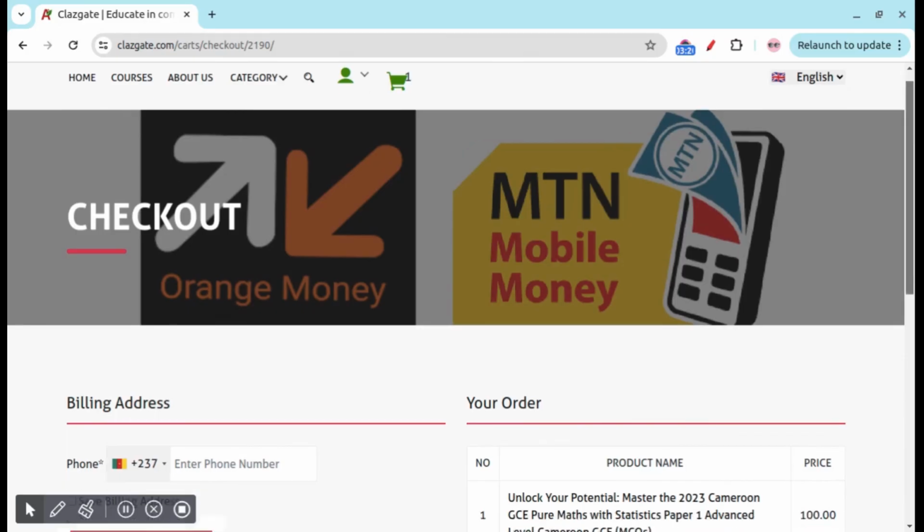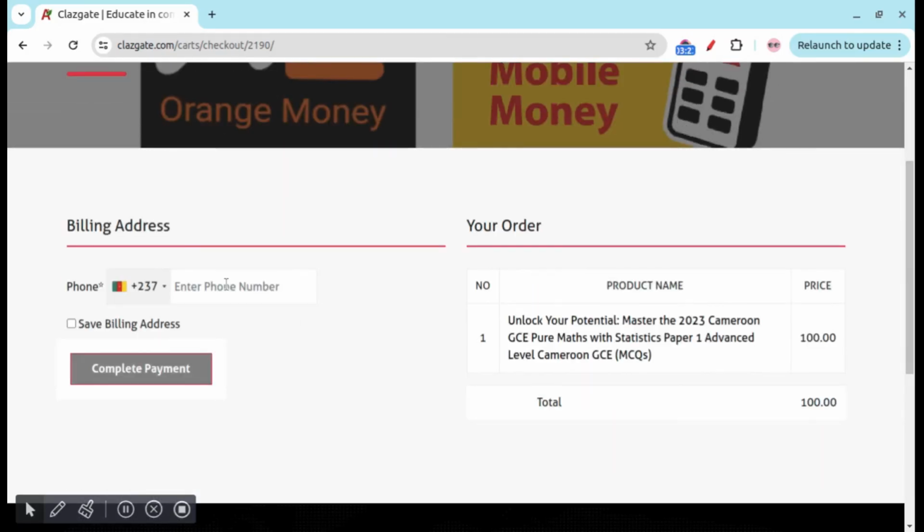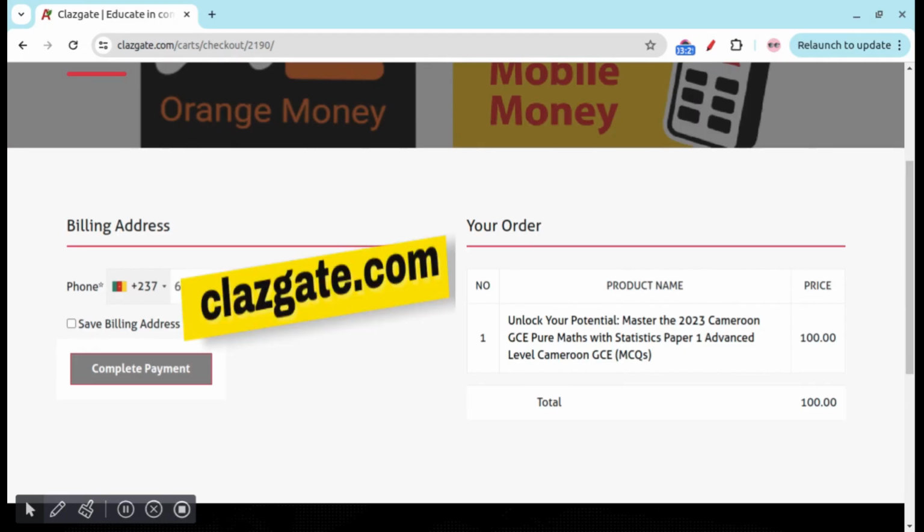And on the checkout page, you just have to write your mobile money number. Okay, it takes Orange and MTN as for Cameroonians. So you write in your mobile money number and complete payment. And if you have written the correct Cameroonian number, you see this button turns red. Okay, the gray button is now red, meaning you can pay now. So click on the complete payment button,